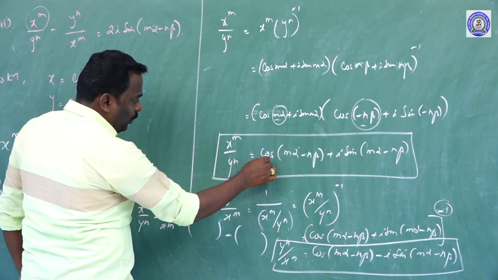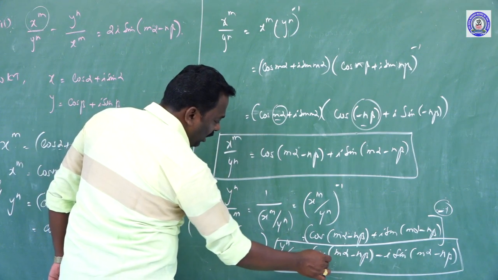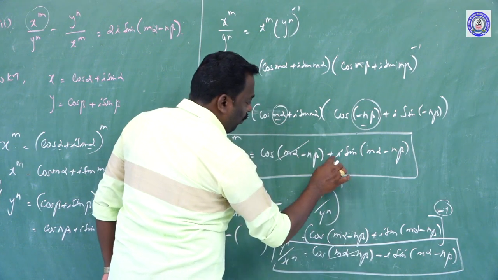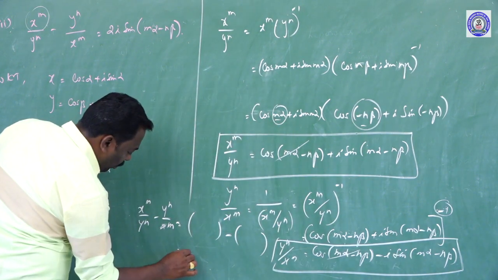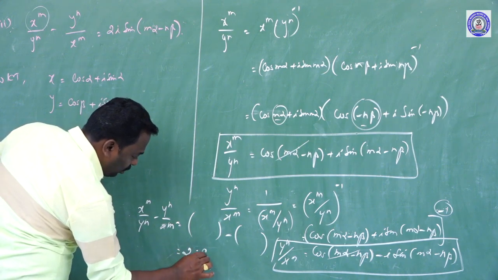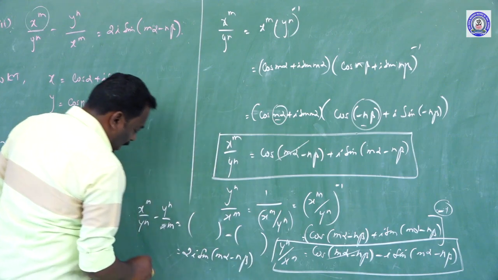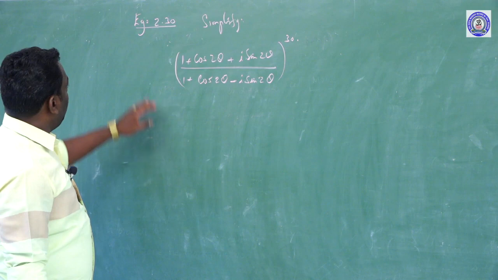Therefore the first term stays, and the minus of the second term is minus into plus, which is minus. Therefore the two cos terms cancel, and minus into minus is plus, so we get i sin for this term, plus i sin. Therefore we can write that this equals 2i sin(mα − nβ), and that is finally the simplification of this. Okay, see the next example.